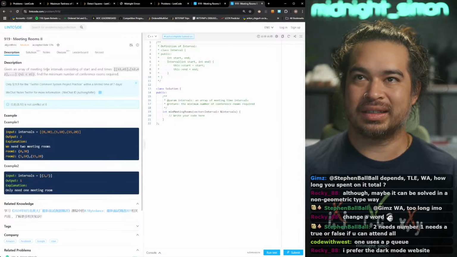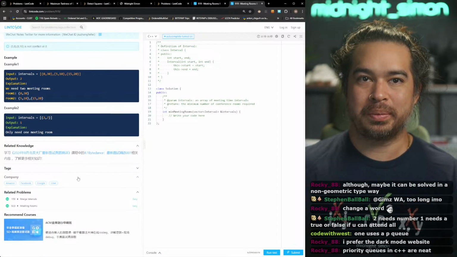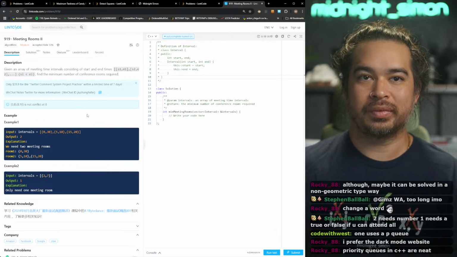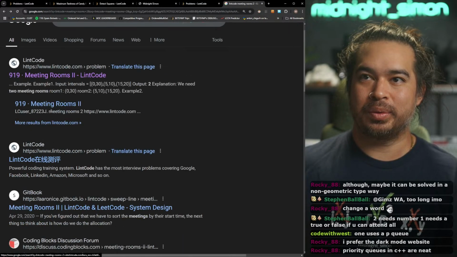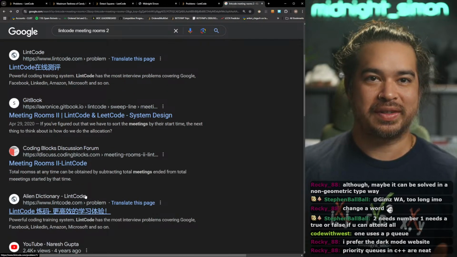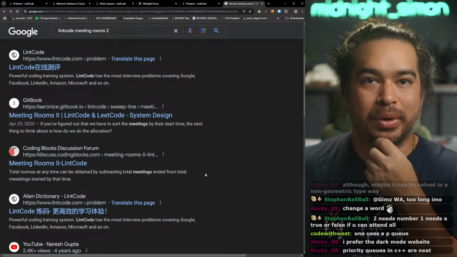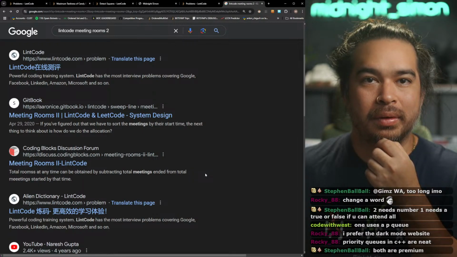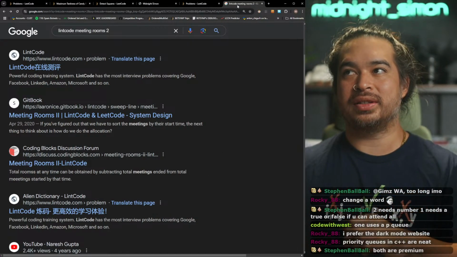Is this the same problem? Someone show me the meeting rooms 2 on LeetCode if it's the same. Wait, 2 needs number 1. Needs a true false. Oh, I see, I see.